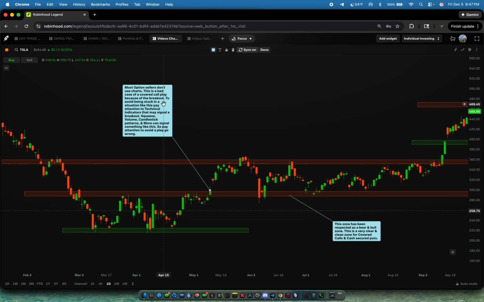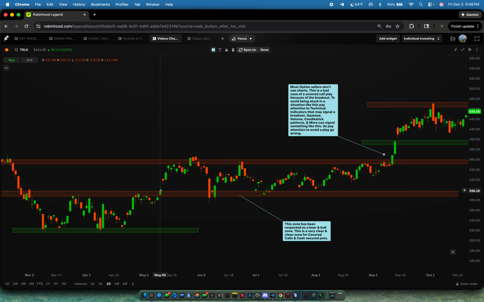To avoid something like this happening again, you want to go look for technical indicators that may signal a breakout. The squeeze indicator, volume, candlestick patterns, and more can signal something like this. So pay attention to avoid a play going wrong. I would suggest looking into any of the indicators that I suggested in that annotation. You can go ahead and do the TTM squeeze indicator. That actually helps a lot with identifying breakouts and breakdowns. But moving on here,